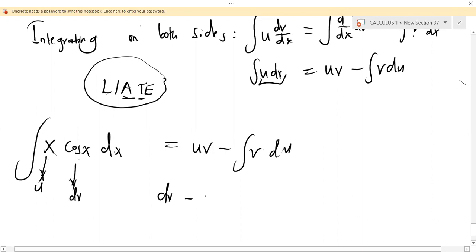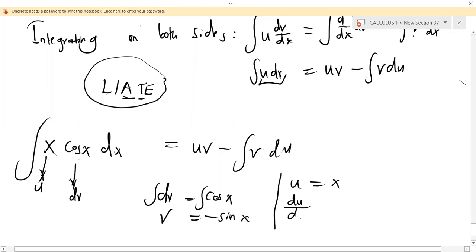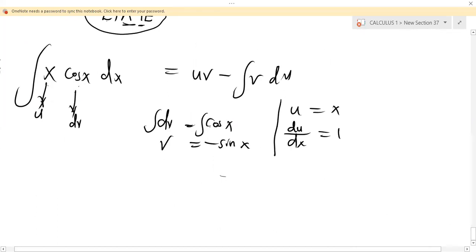Now, if dv is equal to cos x, so what is my v? In order for me to get v, I will integrate. So if you integrate, you will get v. The integral of cos x is minus sin x. Now my u is x. So what is my du/dx? Because in the formula, I need du. du/dx is 1. So replacing these values in the formula, we will have the integral of x cos x